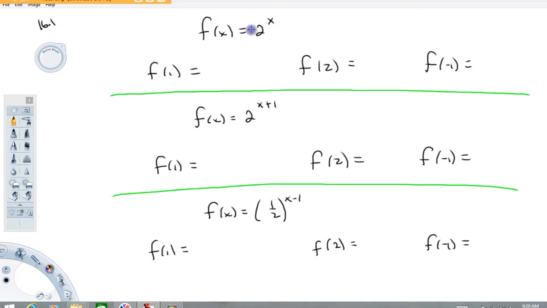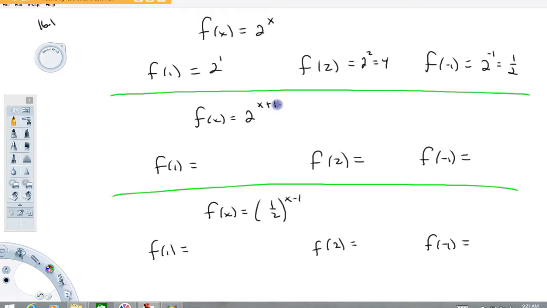So given this function, f of 1 would equal 2 to the first, which is 2. If you put that 2 or not, it doesn't really matter. F of 2 would be 2 to the second power, which is 4. F of minus 1 would be 2 to the minus first power, which is 1/2. Right? Next part, it says, given the function